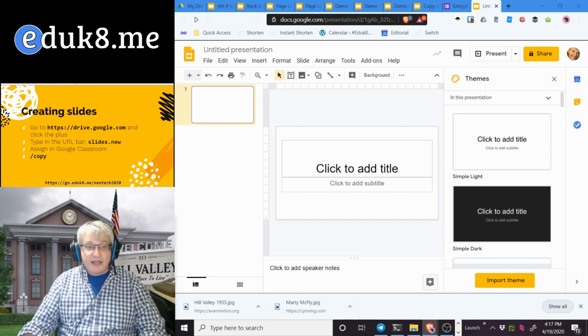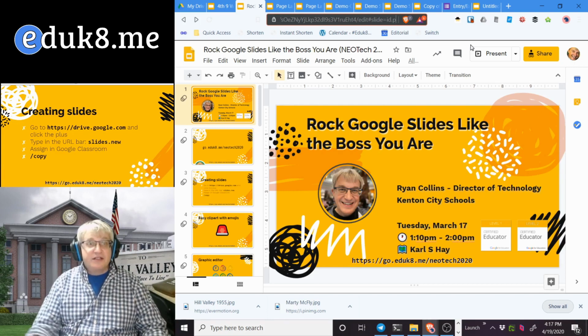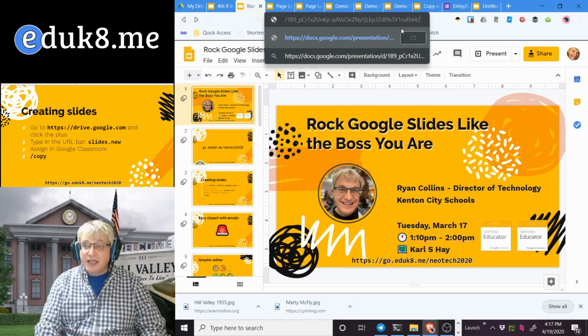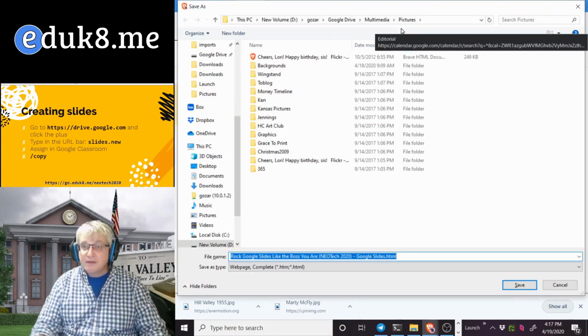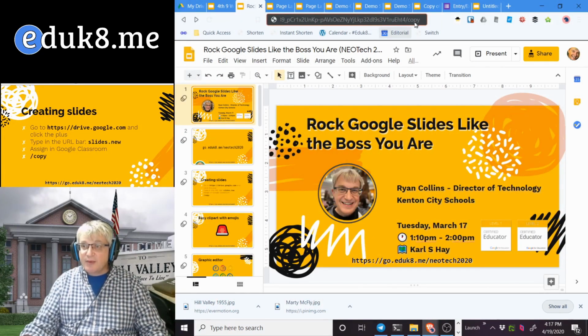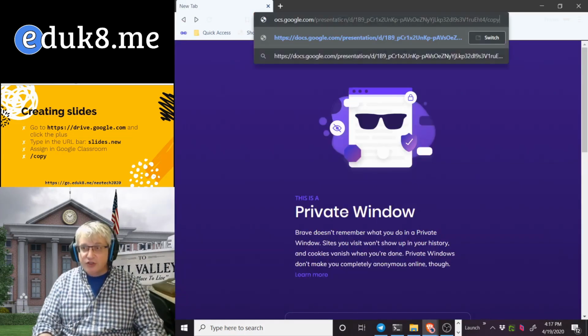And the final way is doing a slash copy. So if I have a Google Slides here, and here's my original presentation, at the very end, do you see where it says, this one says slash edit, and then it has a slide number? If I change that to slash copy, and not hit several keys that I didn't want to, so it now says slash copy at the end. If I highlight all those and copy that URL, I can give that URL to people, and when they try to go to it,